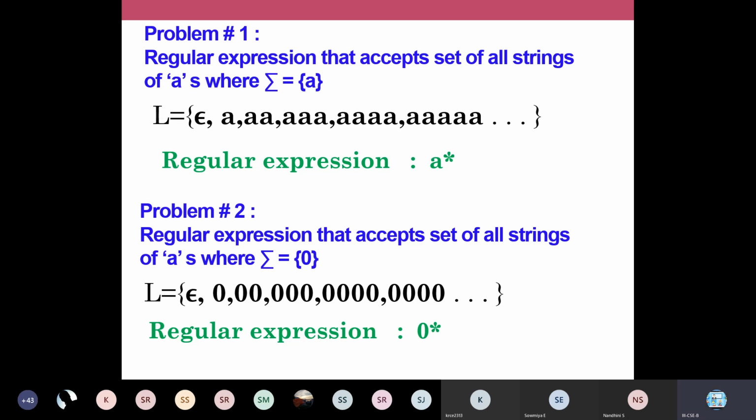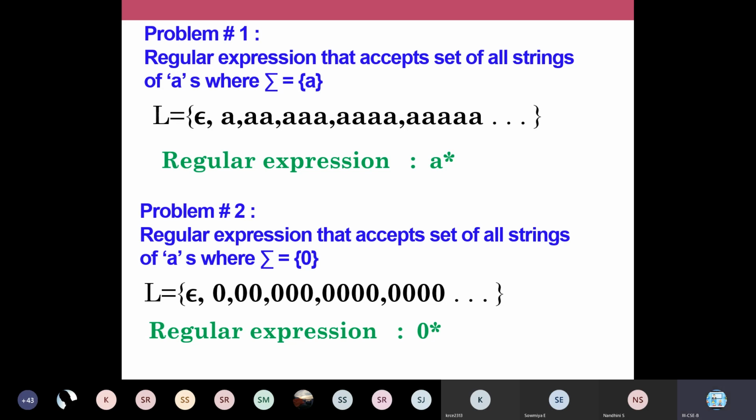In your first unit, I told you that before constructing an automaton, you should be able to identify the language. Similarly, before writing a regular expression, you should read the question. You have to understand what is defined in the question and identify the language, what all the strings inside that language are. Then we can write the regular expression or an automaton. So that's why we first write the language.